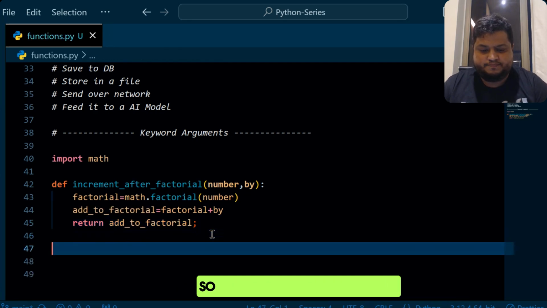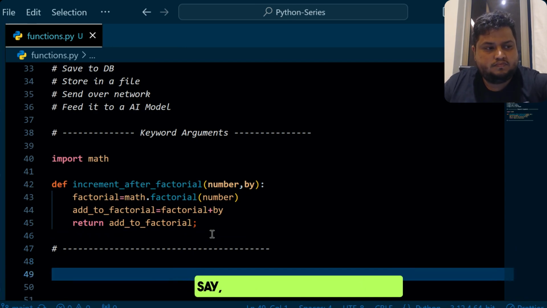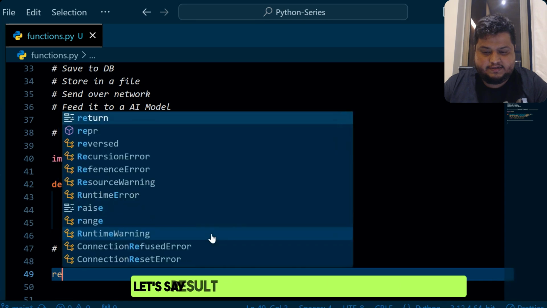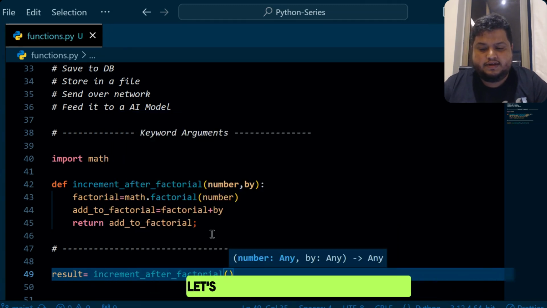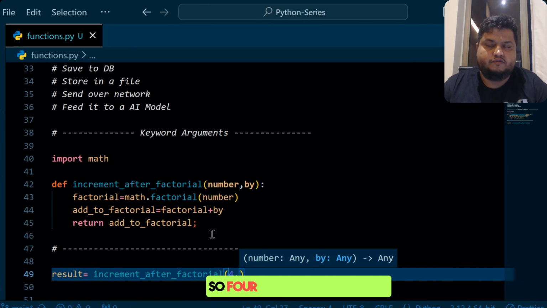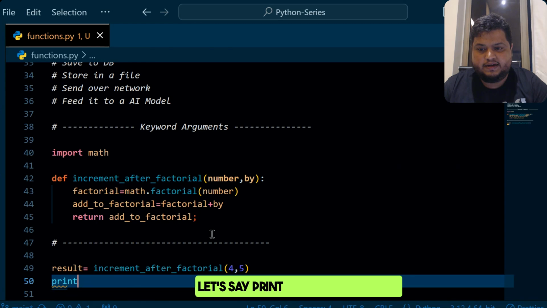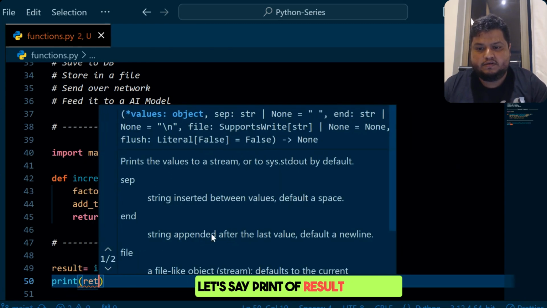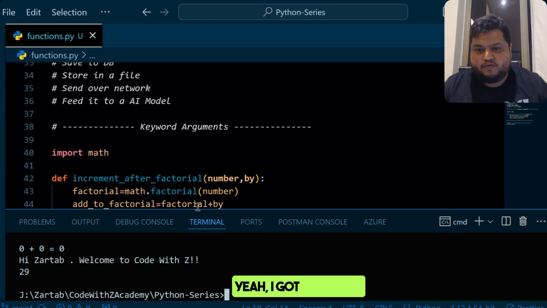So now if I make the call and say, let's say result is equal to increment after factorial, I'll take factorial of 4. So 4 multiplied by 3 is 12, 12 multiplied by 2 is 24. So 4 factorial is 24 and then I want to add 5 to it. So I'm expecting 29 here. Let's say print of result. Yeah, I got 29. Simple.